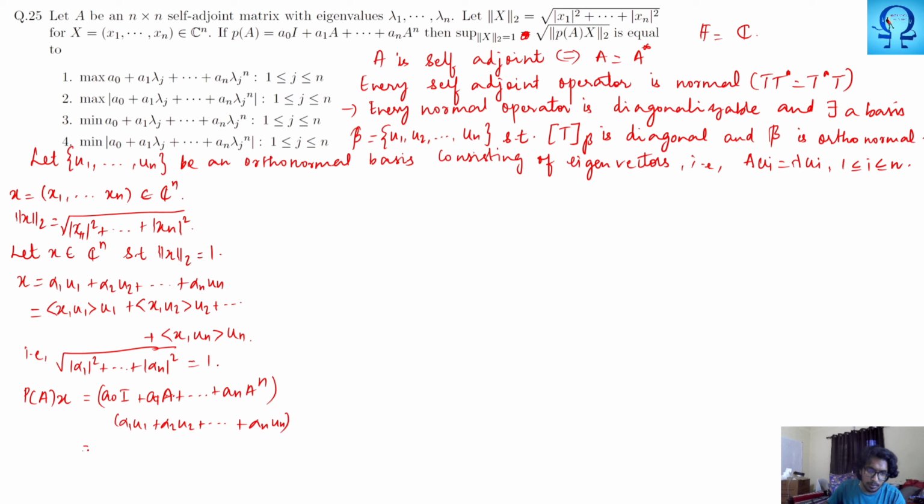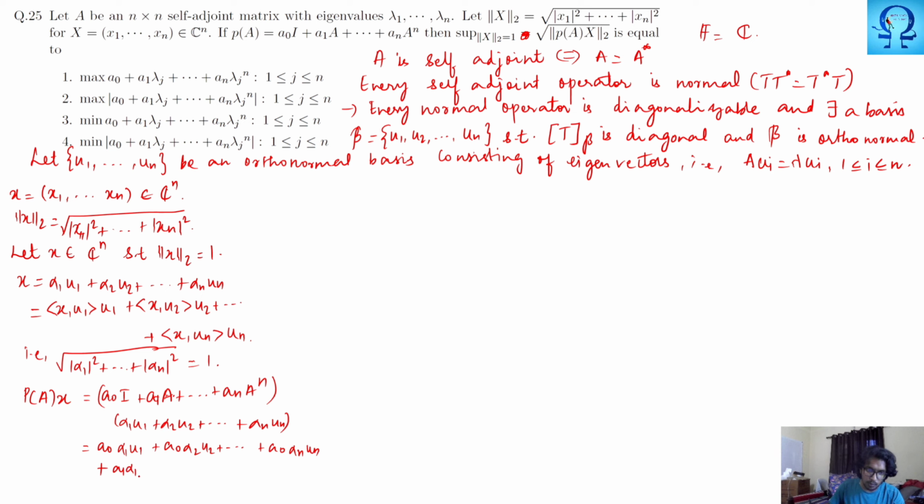So when you multiply it, what are you going to get? I'll have a0 alpha 1 u1, then a0 alpha 2 u2 till a0 alpha n un, then